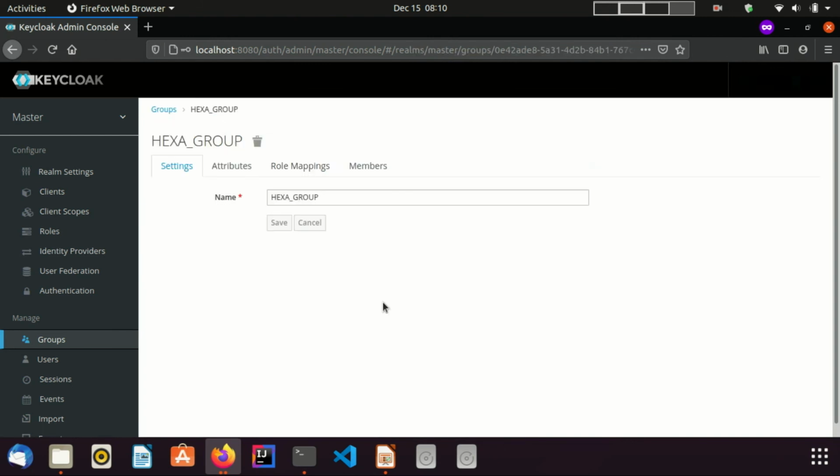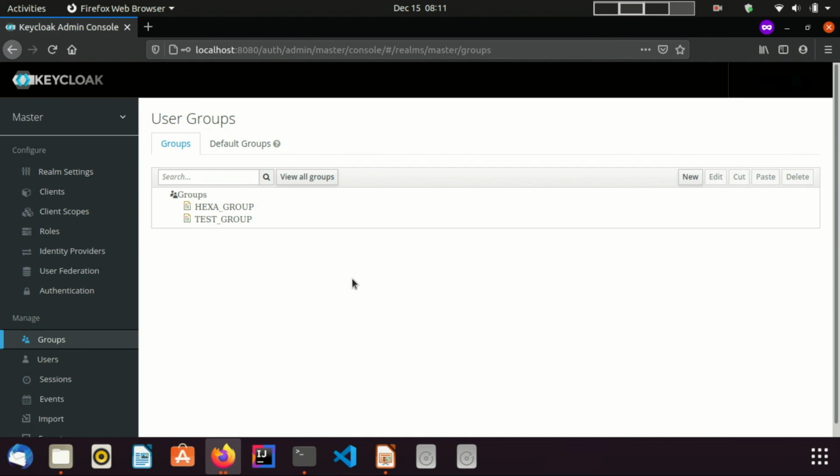Once the group is created, you can see a few more tabs appear. Both attributes and role mapping tabs behave in the same way as the tabs in the user screen. In this case, created attributes and roles are assigned to the groups and those are assigned to the users in those groups. We can see members of the group using the Members tab. Currently there is no user in this group since we just created this group.